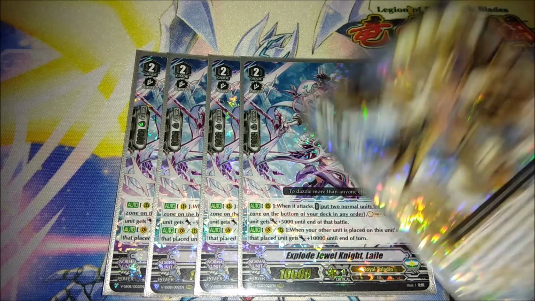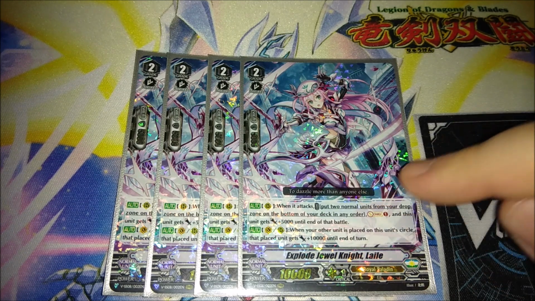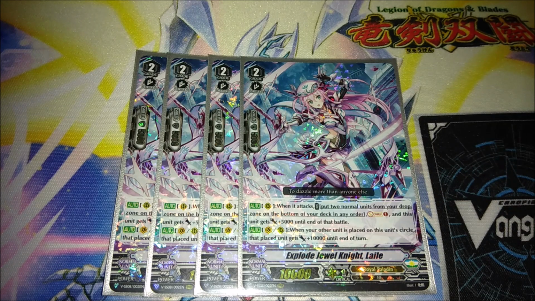So if you call another Lily to the field and then give it that power skill, that's 25k there. So that's really good in terms of attack extensions. But of course, her main skill, which I like her for, is that when she attacks, you put 2 normal units from your drop zone to the bottom of your deck, in any order, then you soul charge 1,